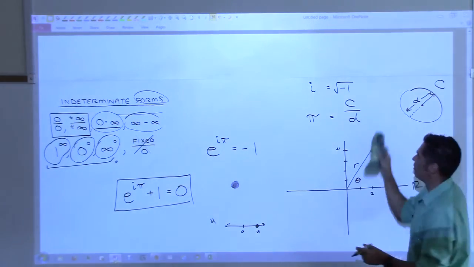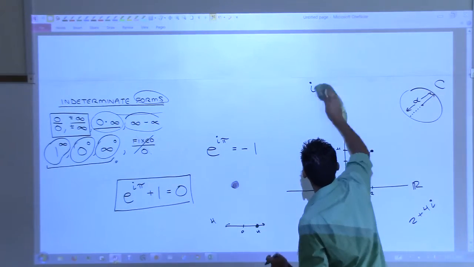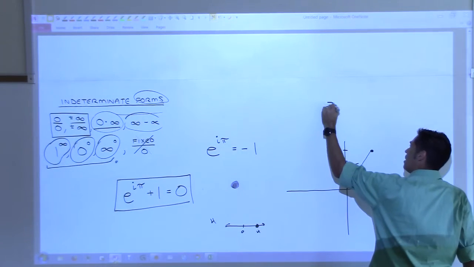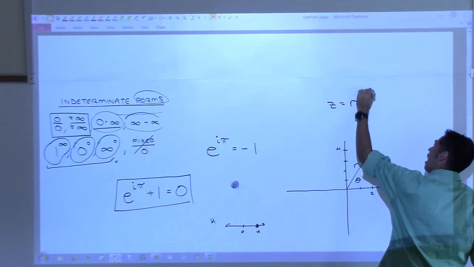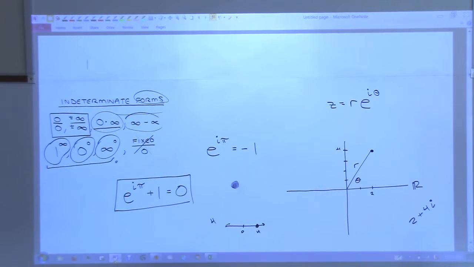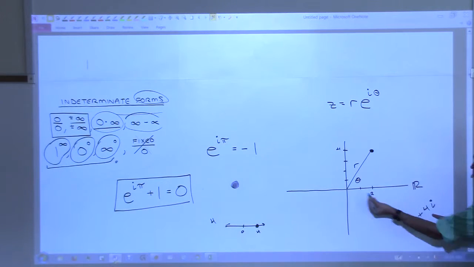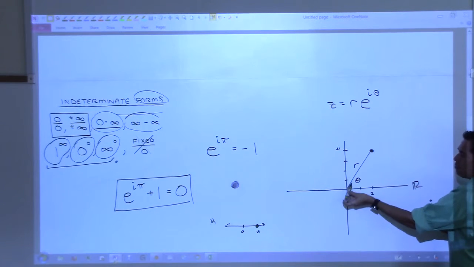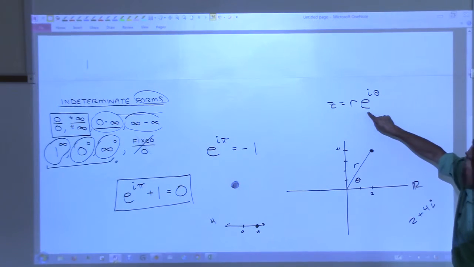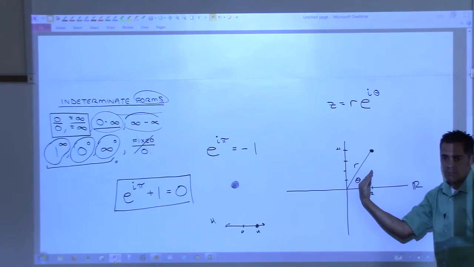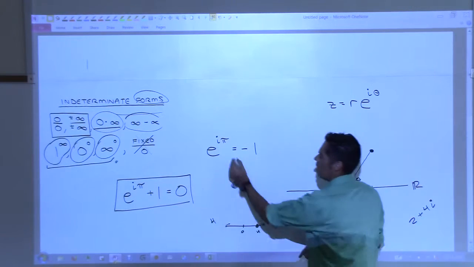Well, there is a very important formula in complex numbers. Or not formula, yeah, I guess you could say it's a formula. It says this. Z equals r e to the i theta. All right, so think about this point right here. One way to get to it would be to walk out 2 and go up 4. With me? Another way to get to it would be to rotate through this angle and walk out this radius. That would be the formula for that point. r would be this length, and theta would be that angle. With me? Okay, let's go back to this right here.